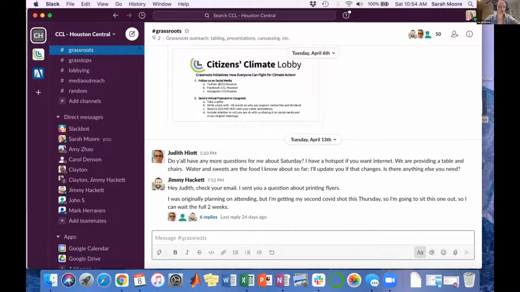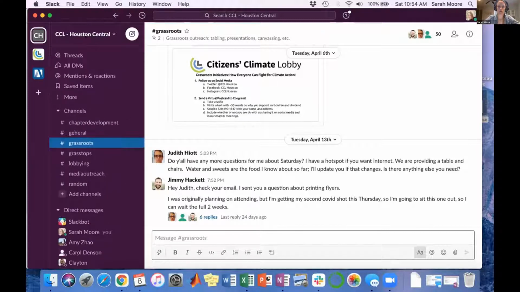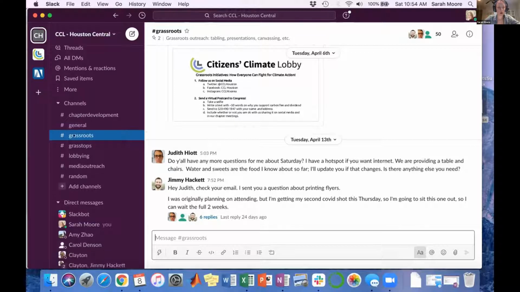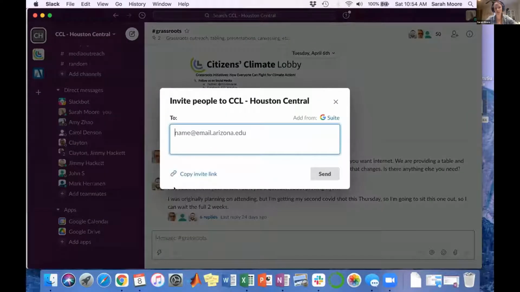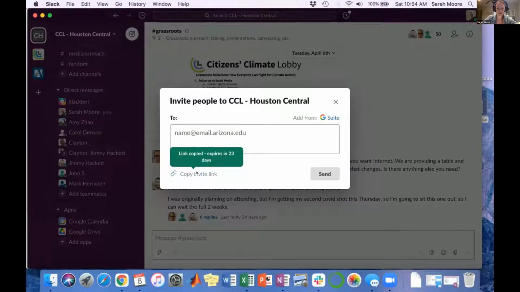On this left-hand bar over here is your navigation window. So I'm going to scroll down. It's kind of in a confusing spot, but under direct messages, I'm going to click add teammates. And there are two ways to do it. You can type in people's email addresses here and click send, and they'll get an invitation via email. But for this purpose, I'm going to click copy invite link. And this will allow me to paste